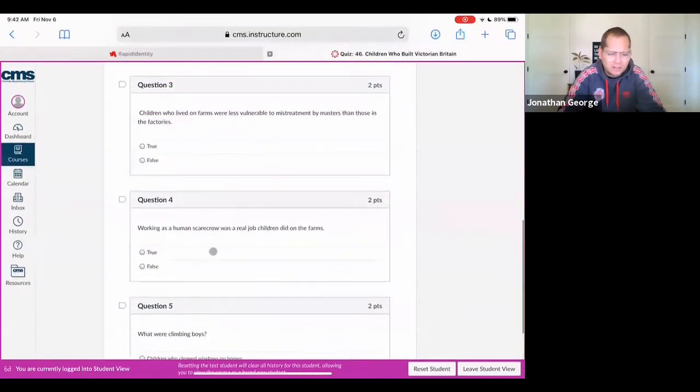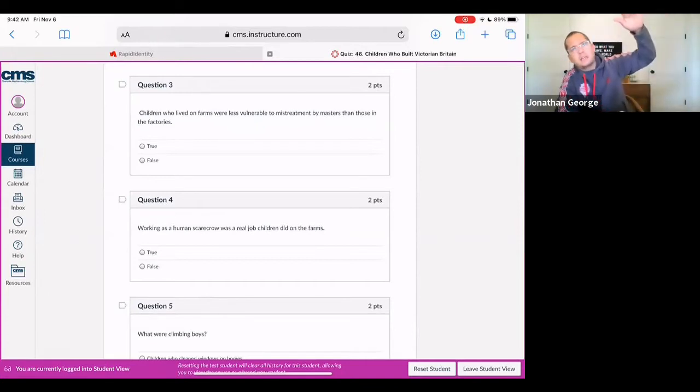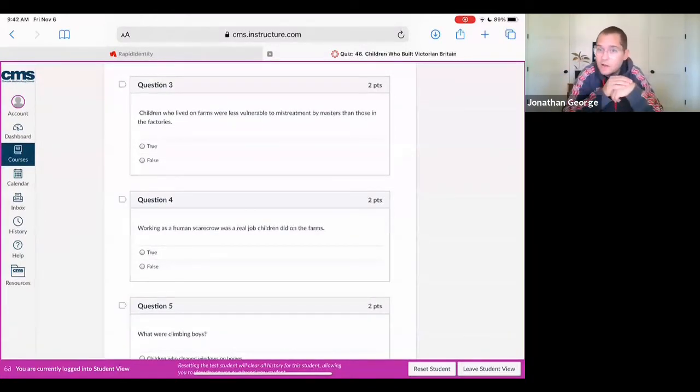And I see that human scarecrow question, and it reminds me of a time in Malawi where literally on the farms and the fields in Malawi, they would have little stick kind of structures that kids would sit under. And anytime a baboon came, they would have to slingshot, shoot something to scare away the baboon or other animals, which is a form of child labor. Okay. So anyways, let's go ahead